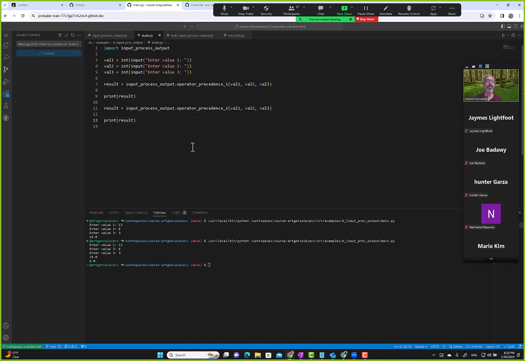Okay, so now we will use another operation, squaring values, right? Very simple examples, but my goal here is to code, test, and use in main, and then introduce concepts as we go along, right? So hopefully that helps. Okay, so